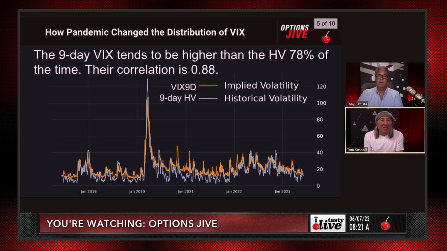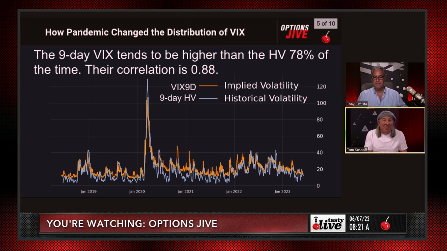So the 9-day VIX tends to be higher than the historical volatility 78% of the time. And their correlation is 0.88. And again, this is only comparing 9-day volatility to historical volatility. And so I think that makes sense, that you're always going to find that the expectations of volatility are always going to be higher than what really happens, because that's how all volatility is priced. Because you can make limited but lose unlimited, so you have to have